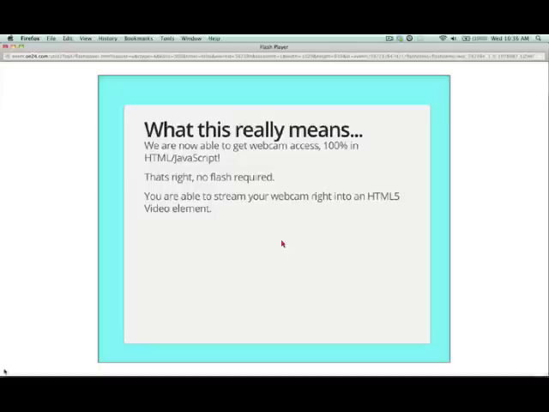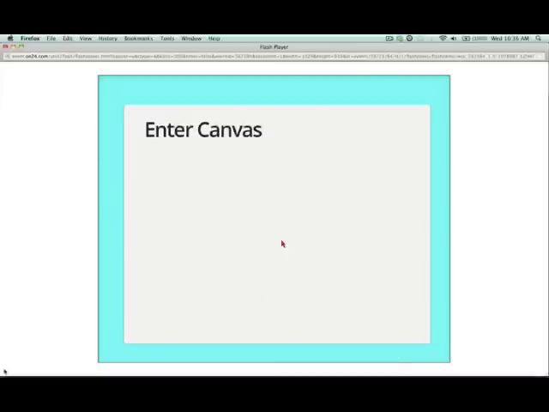So to use that, we use a method called getUserMedia. And this is where Canvas comes in. So once the video is streaming into an HTML5 video element, we can then dump those frames from the video into a Canvas element. So earlier I showed you how I use Canvas to put a crappy filter on the sandwich. But what if we were to do that over and over and over really quickly with a webcam and